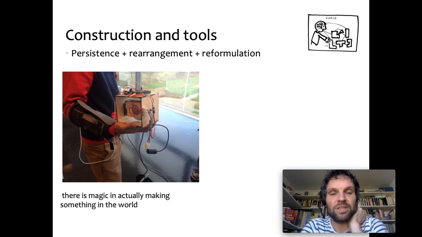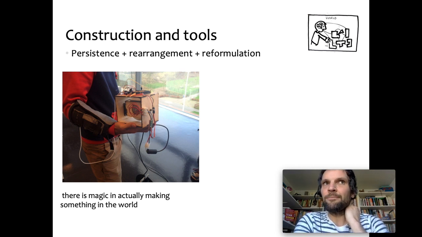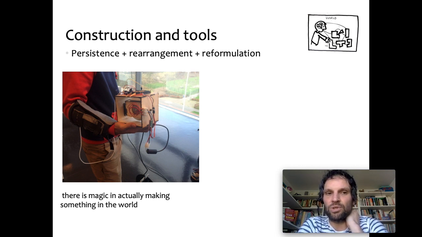Now, to continue on prototyping, what David Kirsh says about construction and tools, and he's a bit general about this. Actually, David Kirsh at one point started to work together with industrial designers, and that was rather a new field for him because he came from computer science. He found out that industrial designers traditionally have an interesting focus on creating physical objects, right? So this whole idea of distributed cognition came very naturally to them in their own way of working. And so David was very inspired by that. He started working, for example, with Eindhoven, where I was doing my PhD at the time.